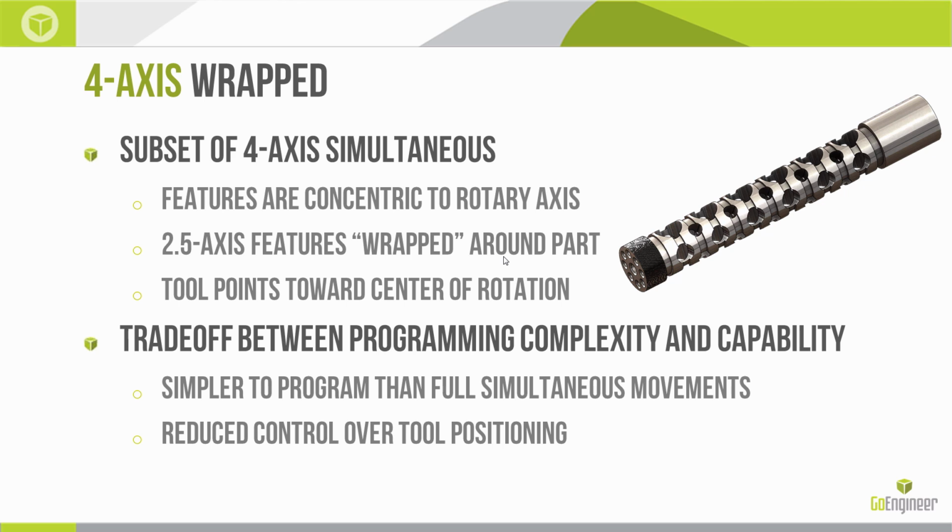One caveat here is that the tool is always going to point towards the center of rotation. And it's going to affect what features you can cut accurately in terms of, say, the sidewalls and draft angle and stuff like that, which we will see here. When you're using wrap features, you're definitely trading off between simplification on the programming side versus capability on the machining side, meaning you're sacrificing some capability in order to program it quicker. You have reduced control over the tool positioning, but we're going to be able to spit these out pretty